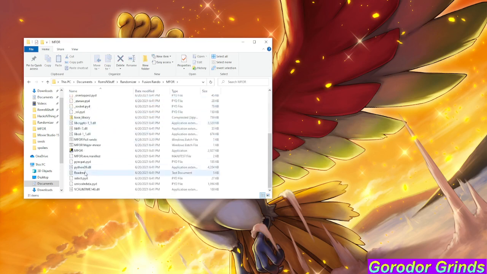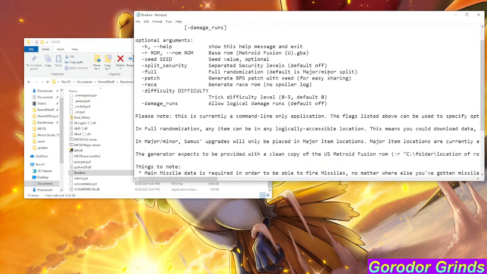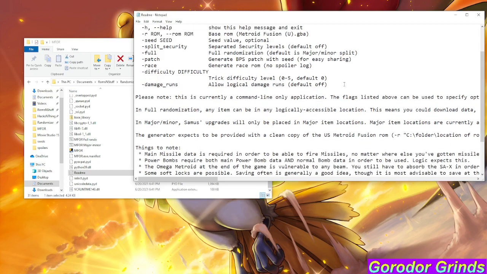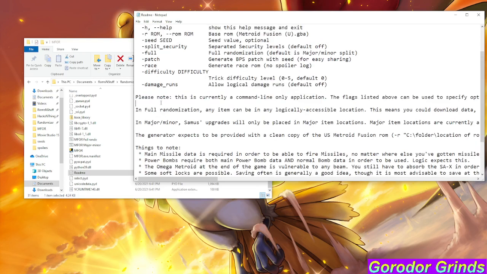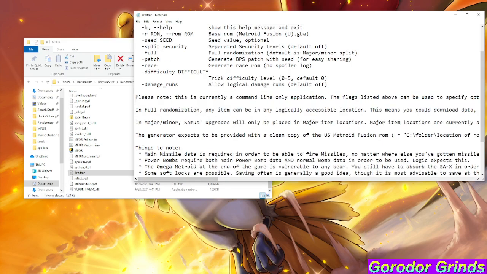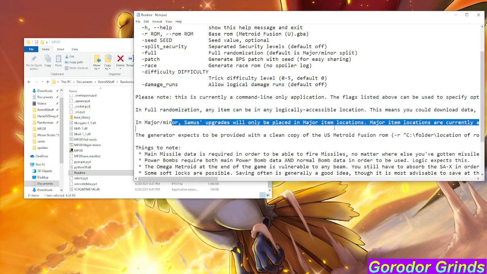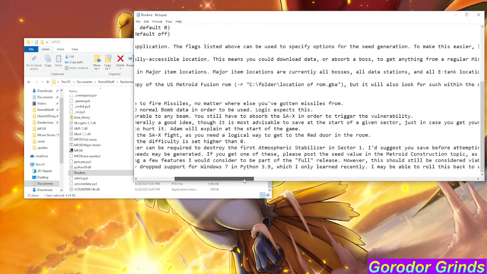So the first thing I suggest is opening up the readme, which will be here. So yeah, this is your helpful stuff to know. It's command line only applications, or full. If you don't know what full does, that's what it tells you. Major, minor, tells you right there. And all your seeds will be located in